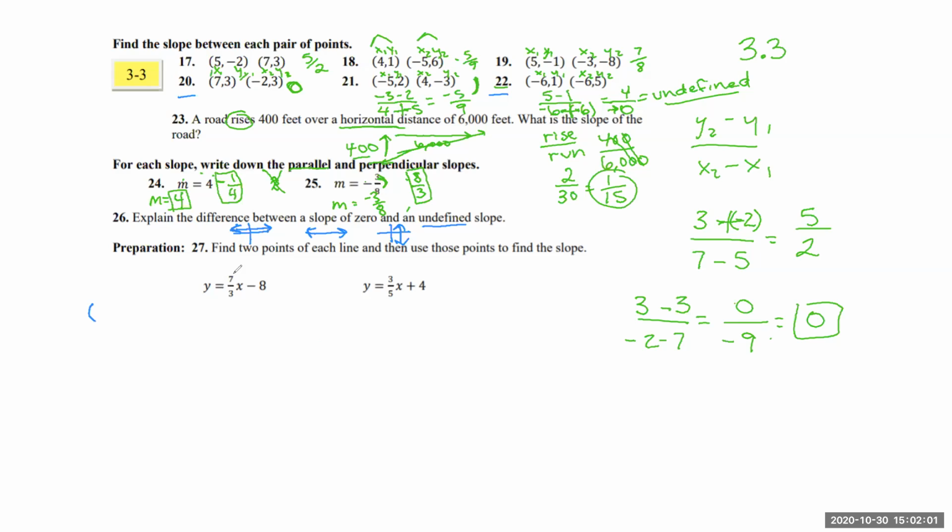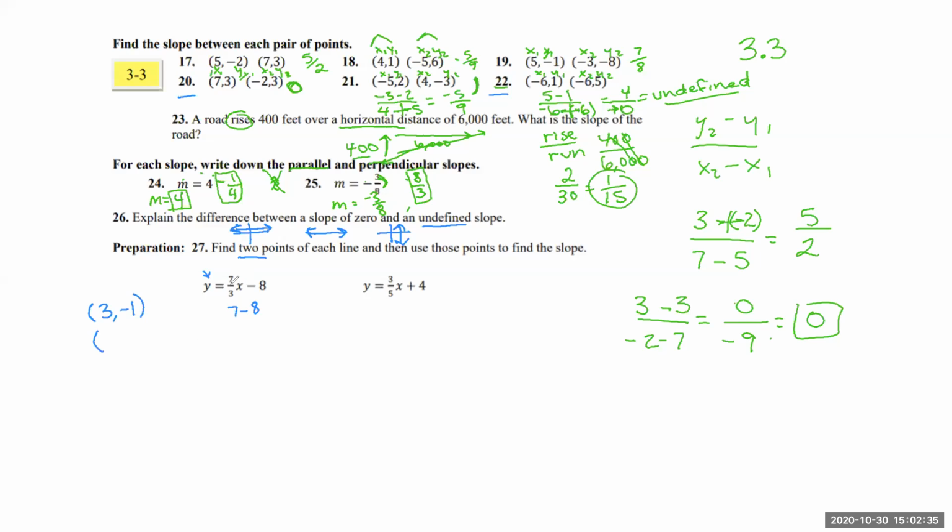A good easy number for this first one would probably be 3, because if we put in 3, it's actually going to cancel out the fraction. So we're going to have x is 3, and let's see what our y is going to be. We're going to be left with 7 minus 8, which is just going to give us a -1. So there's our first point of 2 for this first line. And then we're going to find another x value that's going to be easy